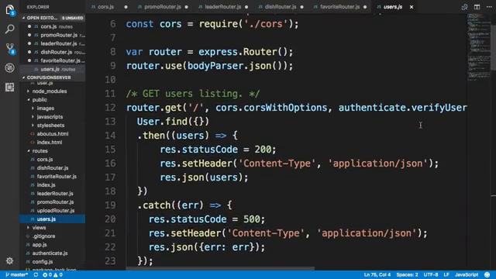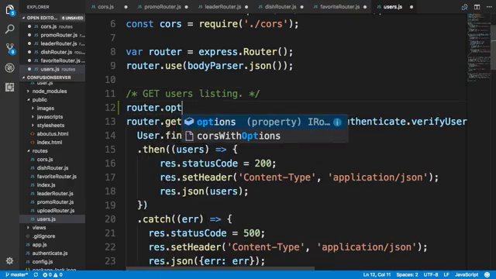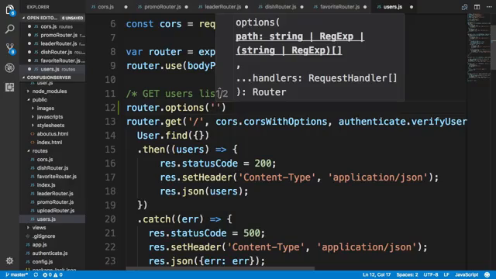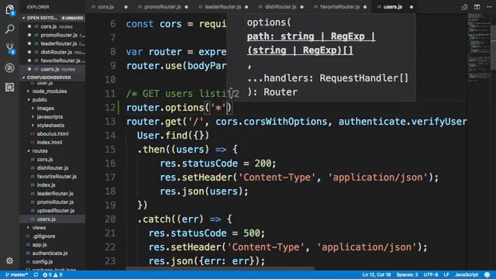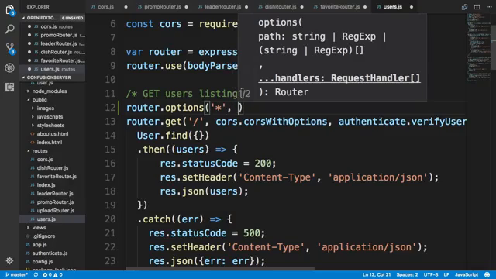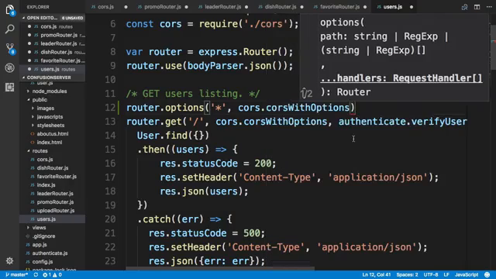Now in the users.js file, we need to add in another router.options field here, because sometimes a post request, as you saw with the login, will send the options first to check, especially with cars, whether the post request will be allowed. So that's why we'll check cars with options here, and then